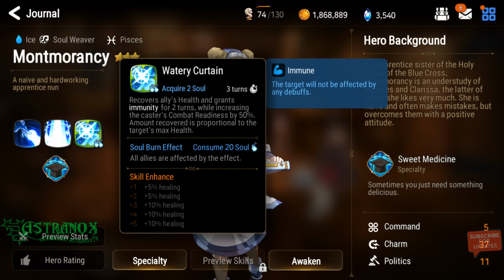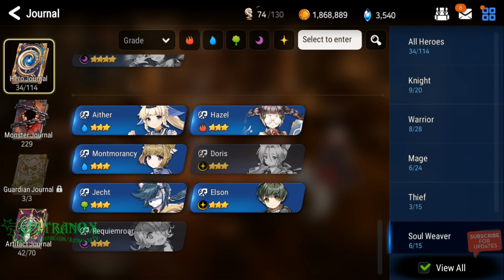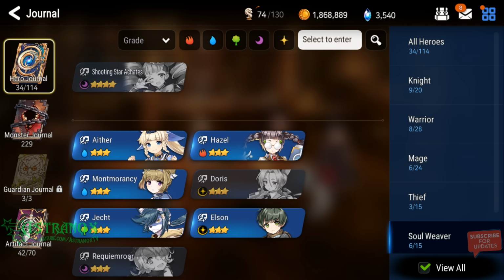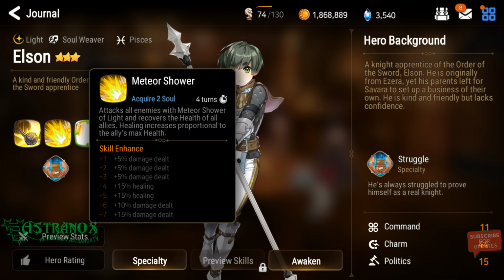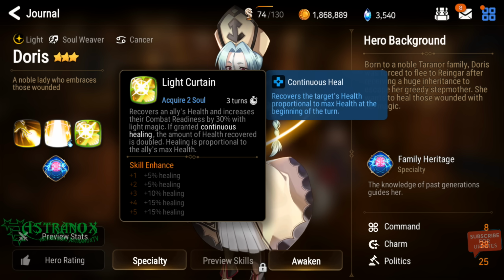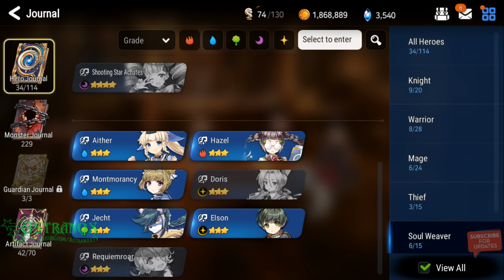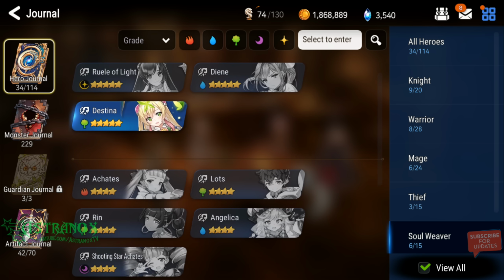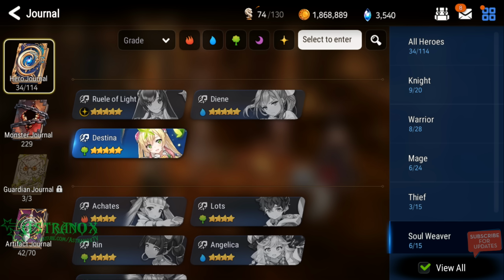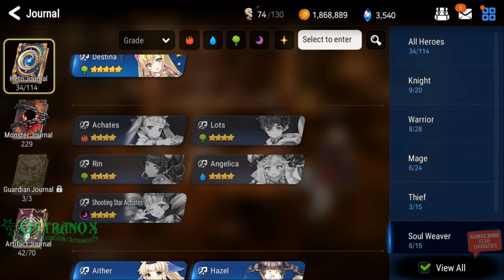This is based on allies max HP, that doesn't work. Elson is allies max HP, that doesn't work. Jetch is continuous healing based on max HP. Continuous healing doesn't work. So yeah, I might be missing some stuff here, but you've got Destina, and you've got Angelica, and you've got Hazel, but I feel like Angelica is really dangerous with him